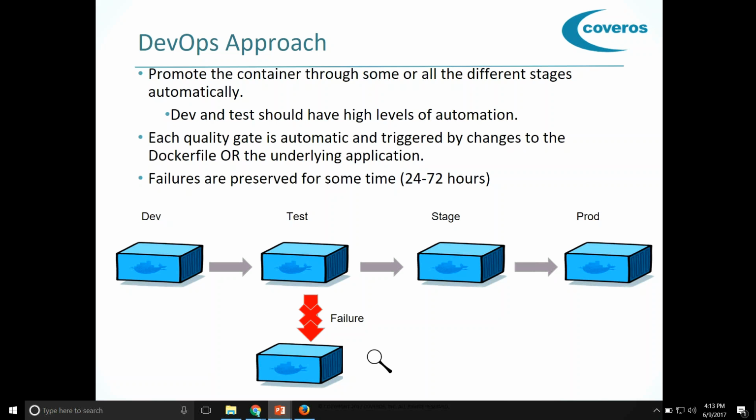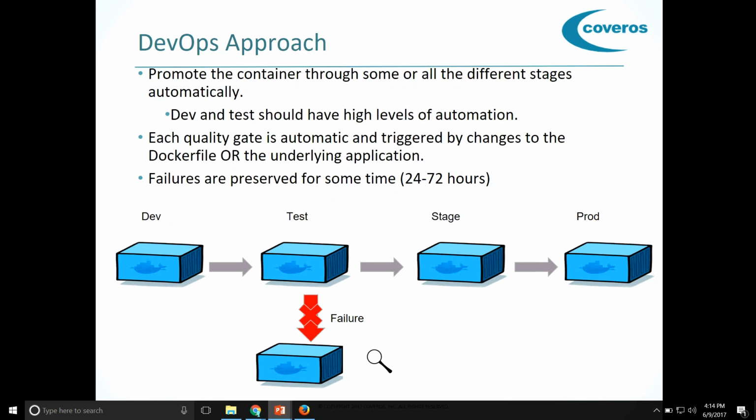Each quality gate should be automatic and triggered by changes in the Docker file or the underlying application. And so that's another thing that you want to affect your CI/CD pipeline. You want rebuilds to be done not just when the application code changes, but when there are Docker container changes. So if you manage as much of it as you can in the Docker file, you'll pick up the changes, you'll create your new image, you'll do rudimentary testing against that image,